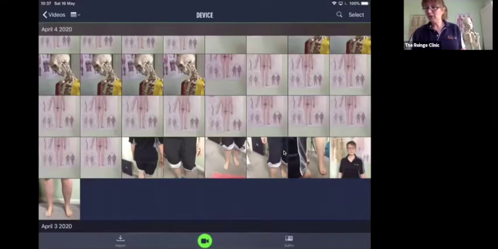Now, the problem is, if I do this exercise with my toe in this position, I am strengthening my toe in the wrong place. I don't want to strengthen my toe in the wrong place. I don't want to encourage my toe to stay in a place that's wrong. So what we're going to do